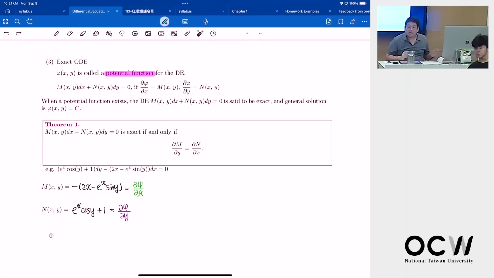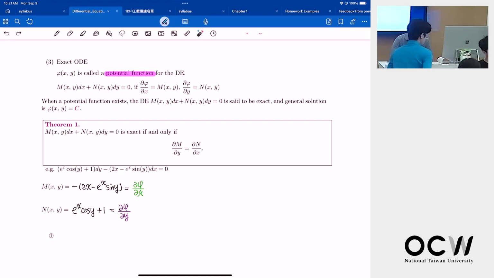So last week, we know that we need to identify the ordinary differential equation. So given different ordinary differential equations, how do I find the solution? So far we have already learned separable ordinary differential equations and also linear differential equations. And then next, if you can tell that it is not separable and the equation is not linear, then the